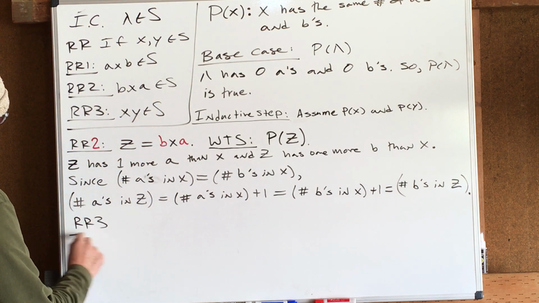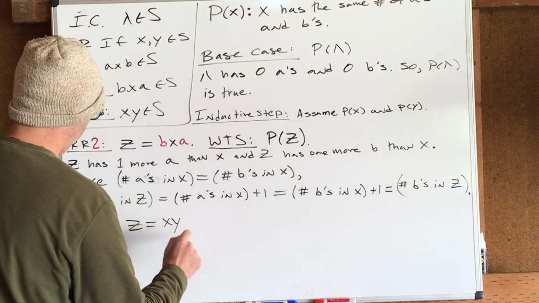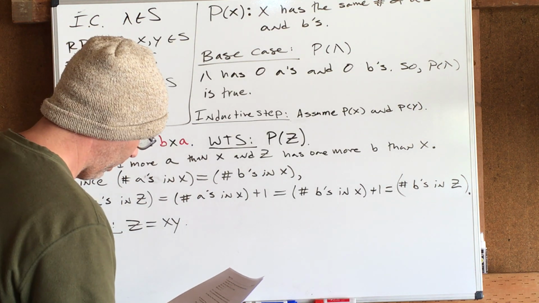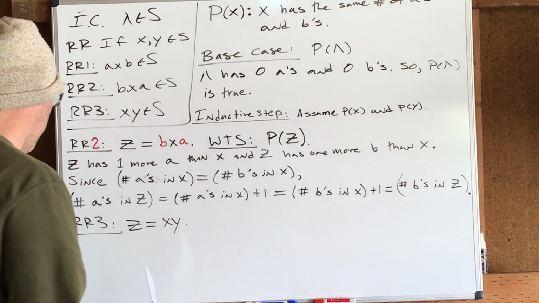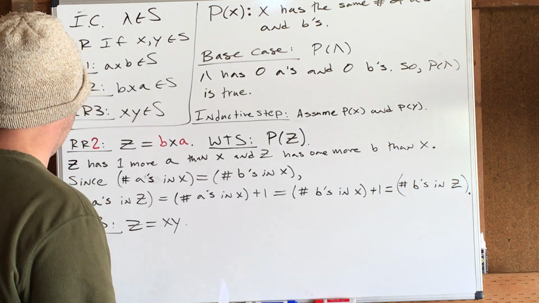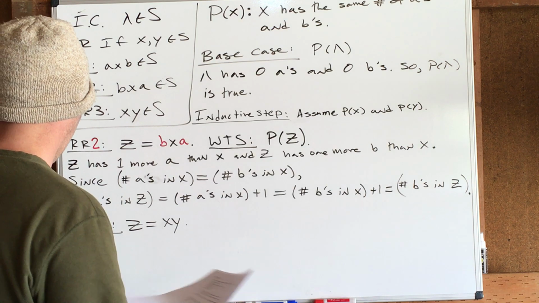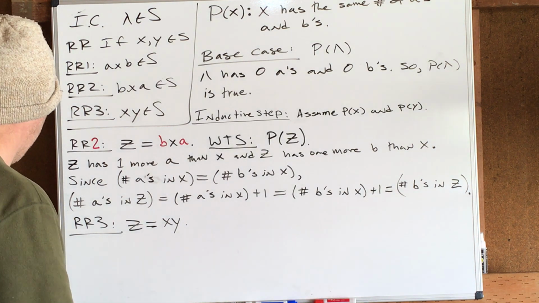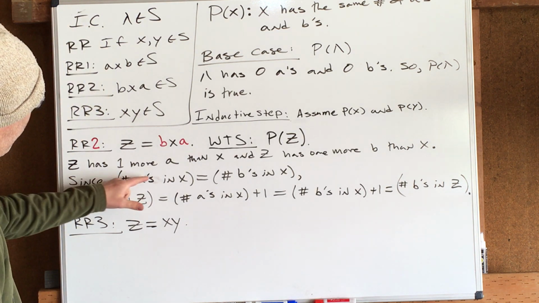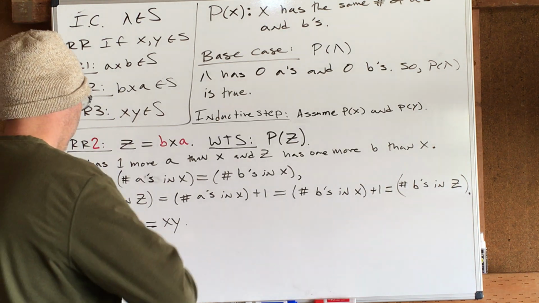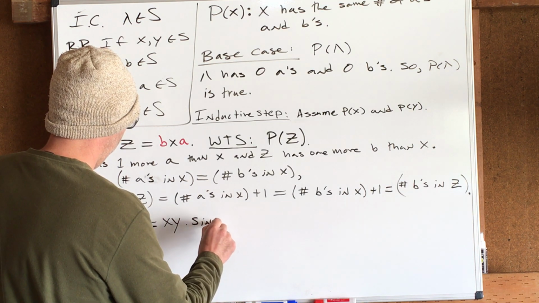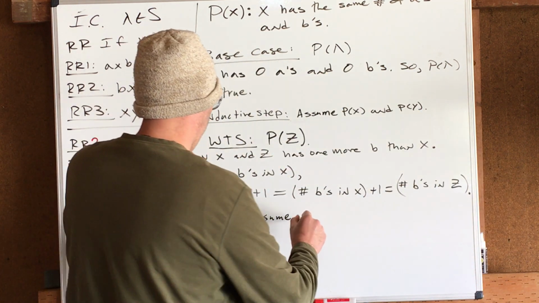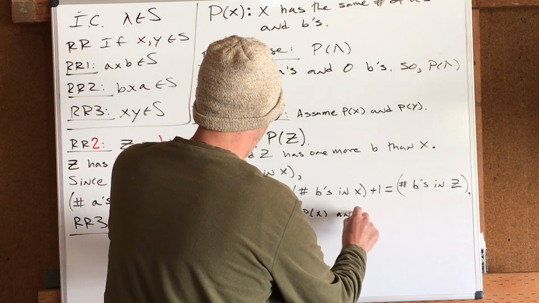All right, recursive rule 3. Z equals xy. Again, we want to show P of z. We want to show that z contains the same number of a's as b's. Let me just think about how I would do this now. Again, it seems pretty clear, but we're going to work it out. I still want to use the same idea. The number of a's in x is equal to the number of b's in x. Since we assume P of x and P of y,